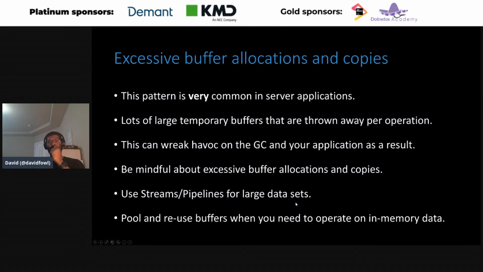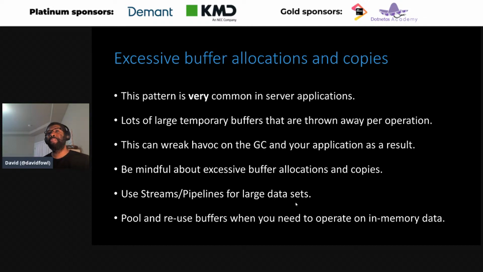All right, so what's wrong with this pattern? Nothing is wrong, but it does allocate a lot. And in server applications, I find this pattern to be very common, where people take large streams and call toArray just to get it into a byte array, because the APIs you're calling may take a byte array. Maybe you don't have a choice. Maybe you need to have a contiguous piece of memory to pass data into. In that case, you're kind of screwed. You don't really have a choice but to create a byte array to pass data to that API. But if you can avoid it, you should.